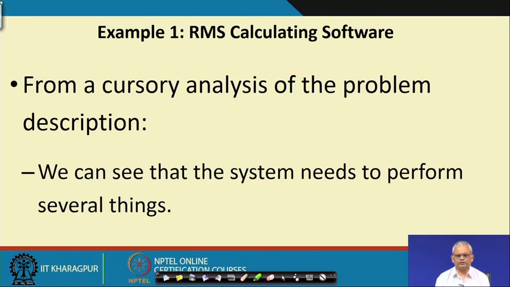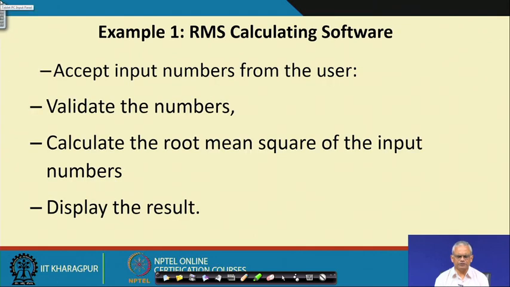Now, this is a very simple problem. It just consists of one function. Any decomposition of this into level 1, level 2 etcetera will become highly artificial, because this is a very simple problem. But then if we really want to decompose, we will see that for performing the RMS calculation, it first